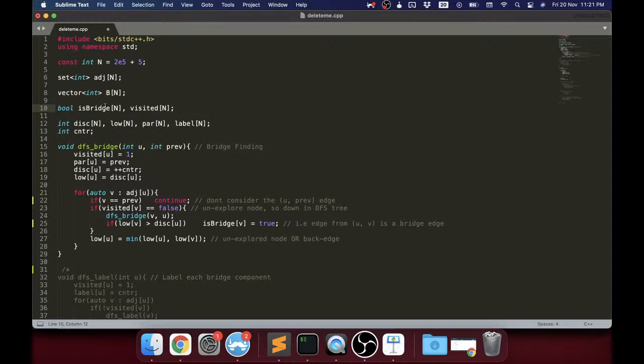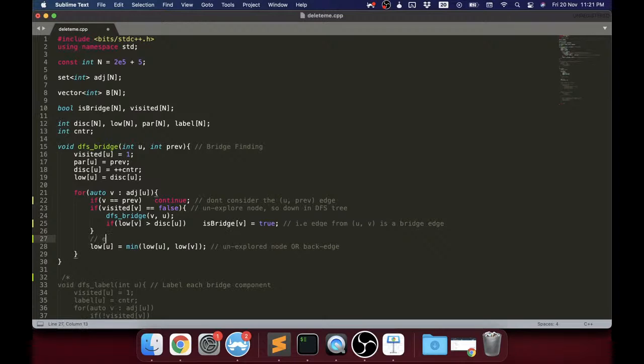And by parent I mean the parent in the sense of this DFS tree, because in a graph you don't have parents, but in your DFS tree each node has a parent except the root. And if is bridge v is true, that means the edge from v to its parent, that means edge from v to par v. Par denotes the parent, which I put correctly at line 17, right? So this edge is a bridge if the above condition triggers